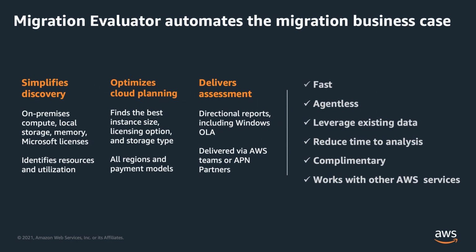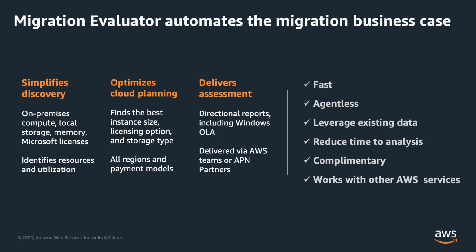Migration Evaluator simplifies an on-premises analysis of compute, local storage, memory, and Windows licenses. The algorithm determines the best fitting, lowest cost placement for each workload on Amazon Elastic Compute Cloud or Amazon EC2 instances at AWS. Migration Evaluator right-sizes workloads based on actual CPU and memory provisioning and usage. It helps eliminate overprovisioning and underused servers. Our algorithms are optimized to recommend the least expensive EC2 instances. The recommendations are based on the server's CPU usage, RAM usage, CPU processor age, operating system, and any required Microsoft